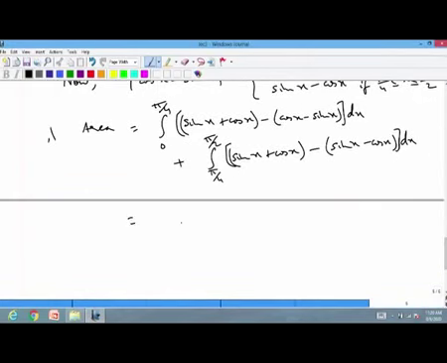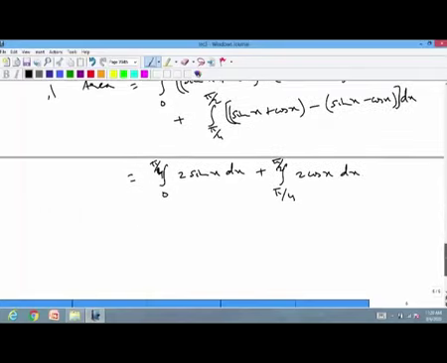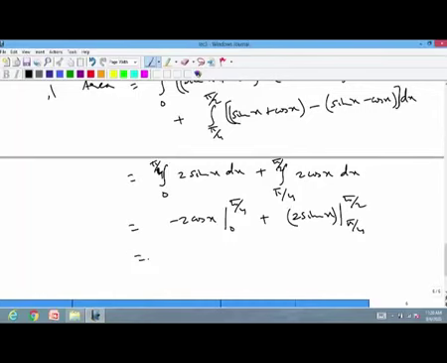So, this is equal to the first one, cos x cancels and we have integral from 0 to pi by 4 of 2 sin x dx plus integral from pi by 4 to pi by 2 of 2 cos x dx, and then this is simply minus 2 cos x from 0 to pi by 4 plus 2 sin x from pi by 4 to pi by 2, which is equal to